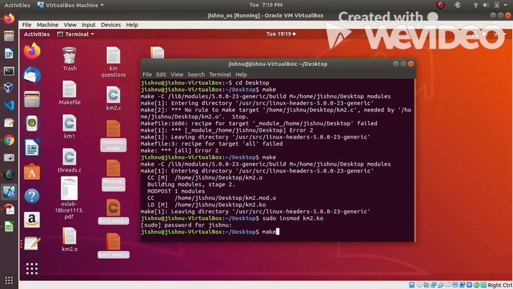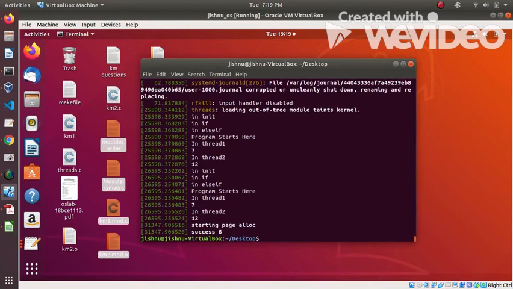Now we just give our dmesg that we always give to see the output, and as we can see, it starts page allocation, it gives success, and in both cases our output is 8.